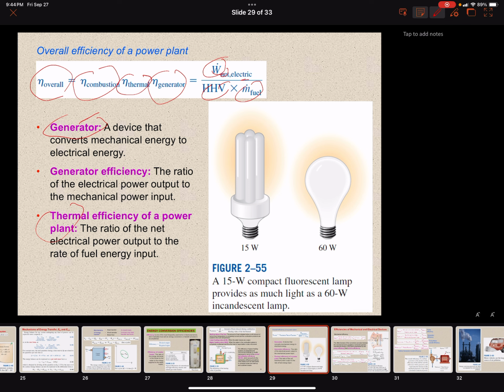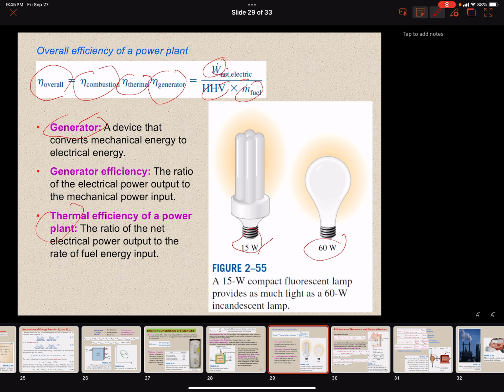And for this figure, we can focus on comparing the energy efficiency between the compact fluorescent lamp, this one, and the incandescent lamp, which is this one. And we can see the 15 watt compact lamp is much more efficient than the 60 watt lamp, even though